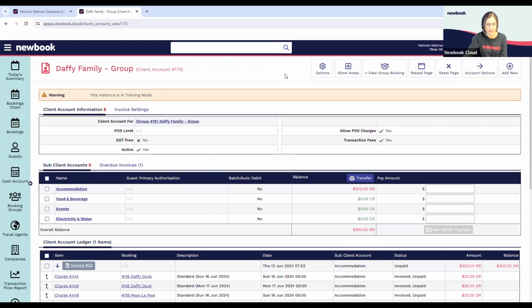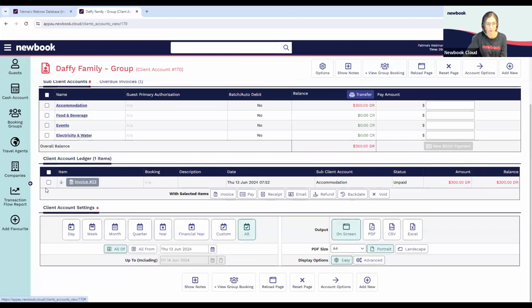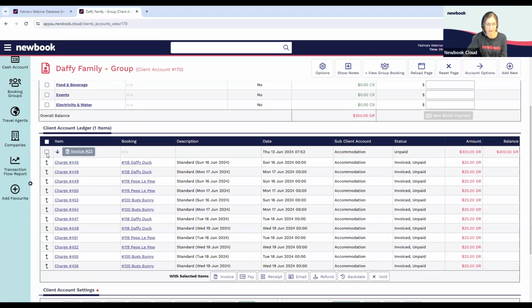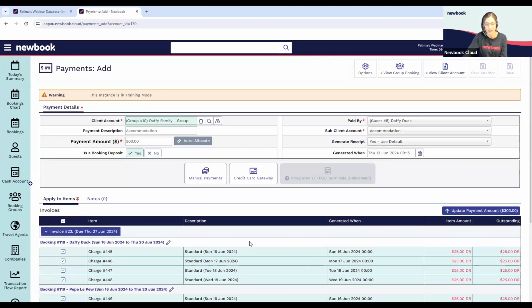If I go to view client account, this is where I can see now all of my charges are pointing up to my invoice. Therefore, they will be in here. And that way we can easily select. And with selected items, we've ticked the entire invoice, we can pay. That's the best way to reconcile a payment with